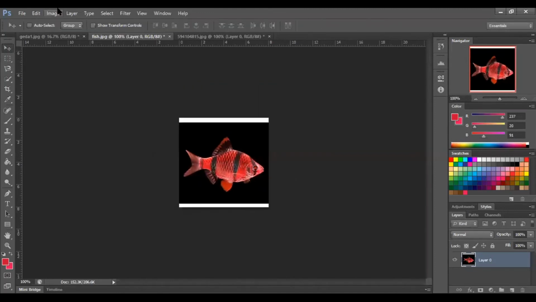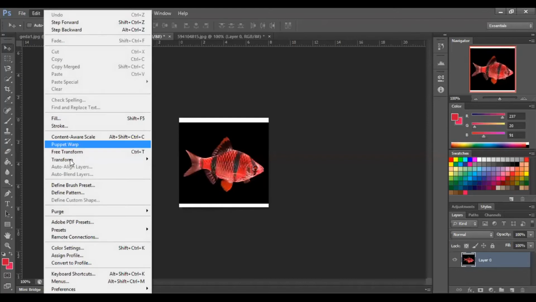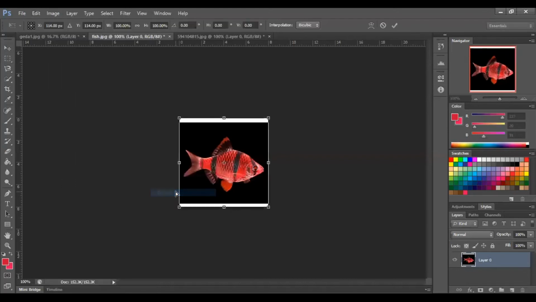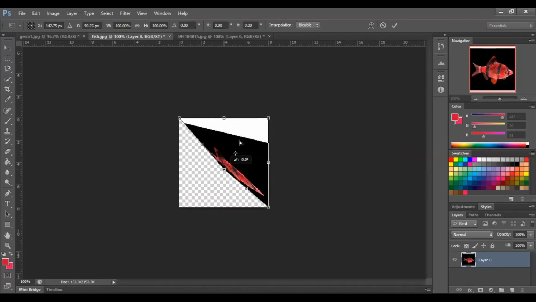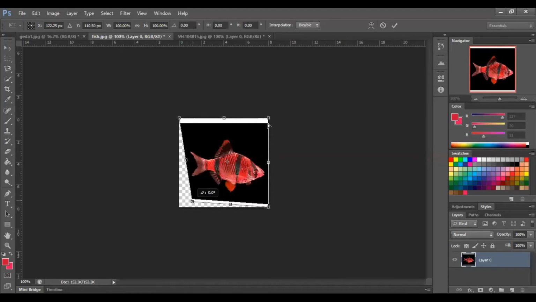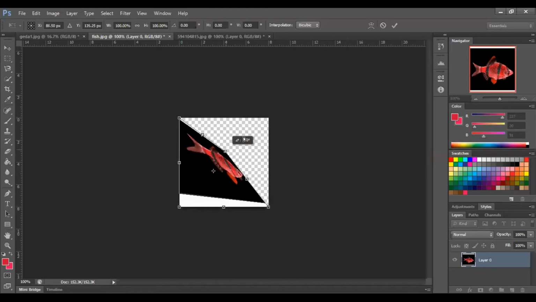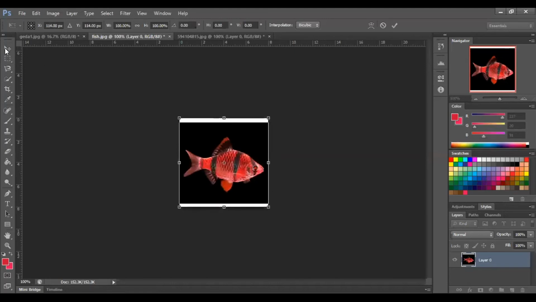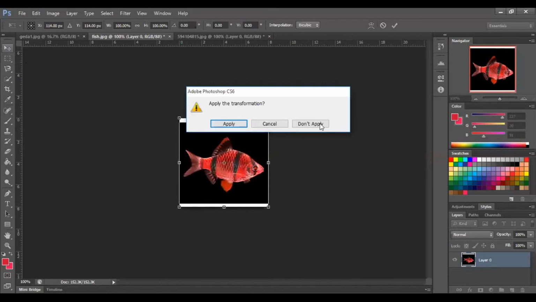Again, I am not applying the skew. Again, go to the Transform menu. This is Distort. It will give you a twist effect. See, like this, I can twist the image. Another thing I am going to show you for Distort.